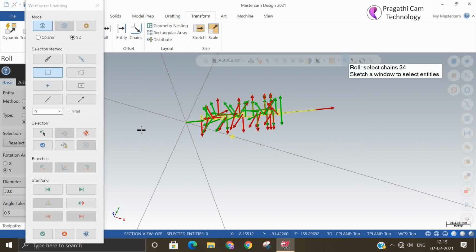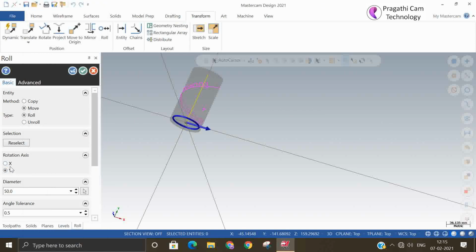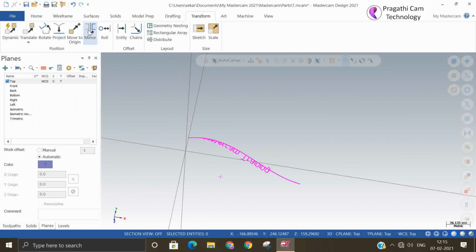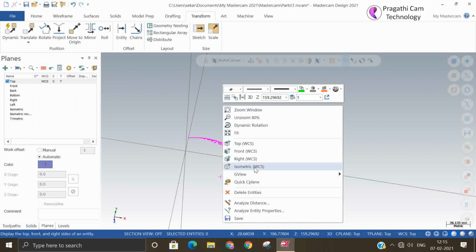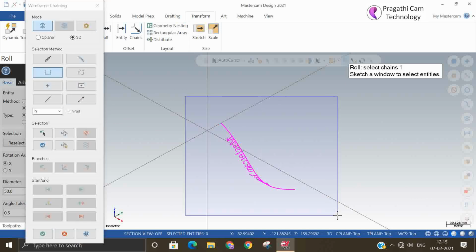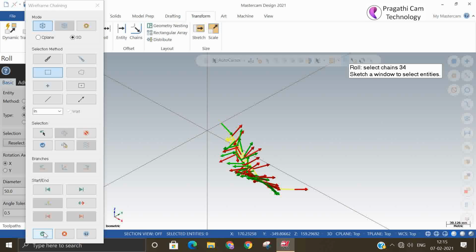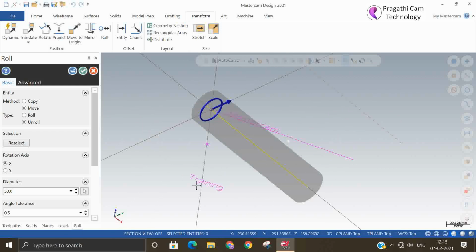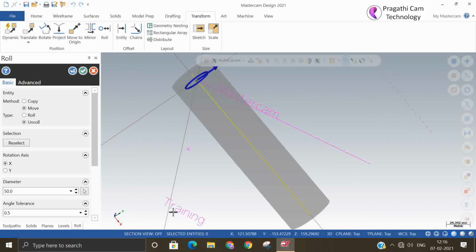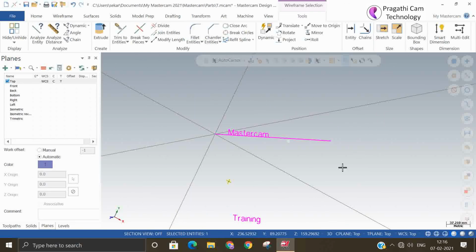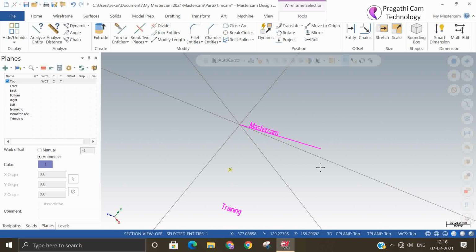Okay. We'll try in the x-axis first. So now we'll go again unroll. So this entire thing, start point. Okay. Maybe more than one entity. I think it's not coming correct. Okay. And still we need to work this out to make an exact unroll.